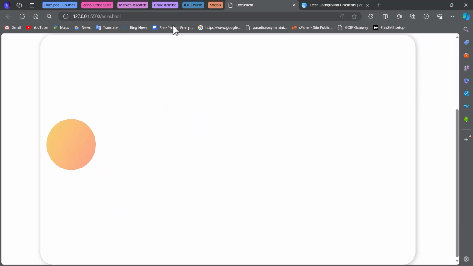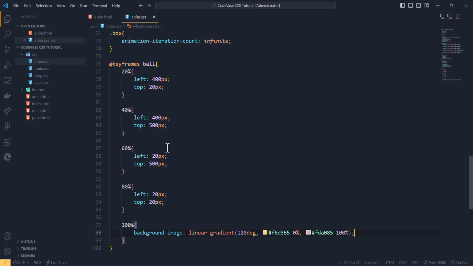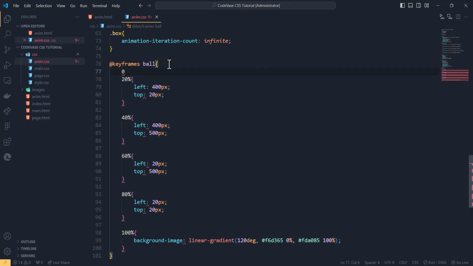So we have the animation moving, but it is not moving towards the edge, and that is a problem. We want it to move towards this edge, so let's make the necessary adjustments so it moves towards the edge. So let's do that. We're going to start by coming here and saying not at 20% but at 0%,